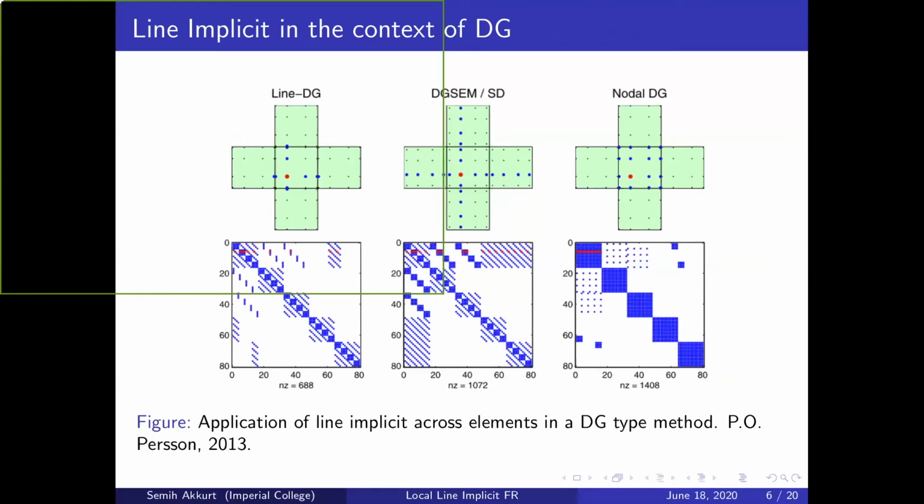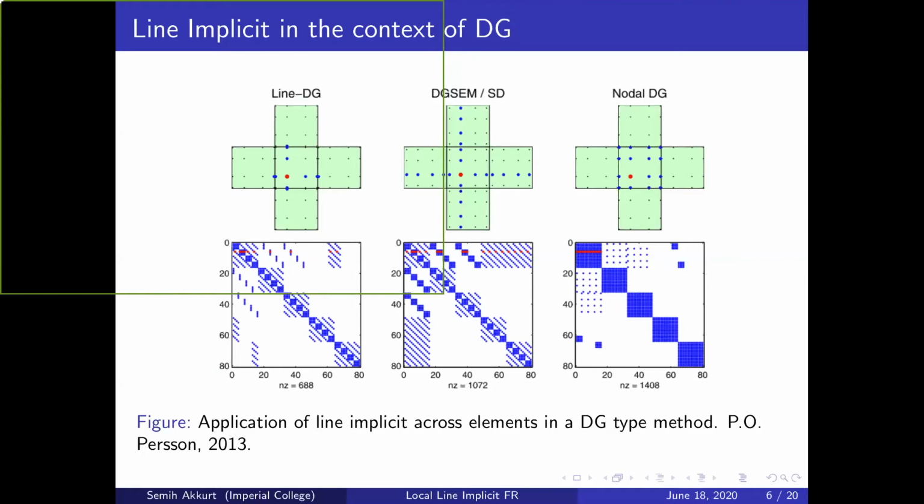I would like to start with the figure on the right, which is a nodal DG. So here you see the red point, the one we are interested in, is coupled with all the solution points in the cell. And although it is not quite visible from this picture, there are overlapping points from the neighboring cells on the face. So there's also a contribution from neighboring cell, which increases the coupling and number of non-zero